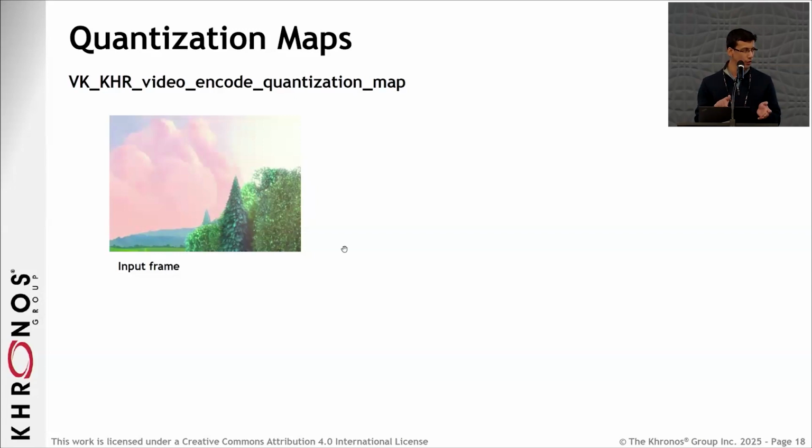That seems like a good idea, but it turns out that it doesn't quite work as well in practice, because video encoders divide the frame into blocks, and with each block you have a quantity known as a quantizer, which controls its quality. A higher quantizer reduces the quality and vice versa. So if you assign very high quantizers to the regions which are flat, which have low detail, and you reconstruct them in the decoding process, then it looks really bad because you can see the blocks as they are. So quantization maps allow offsetting that or alleviating that to a certain extent.